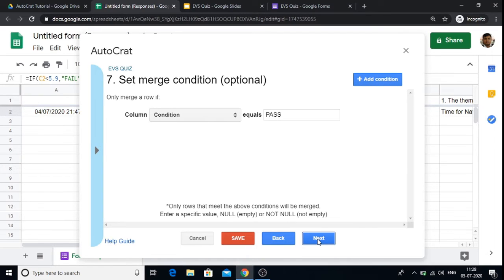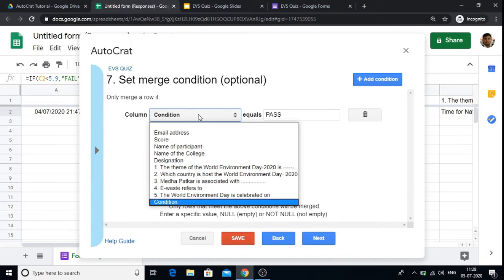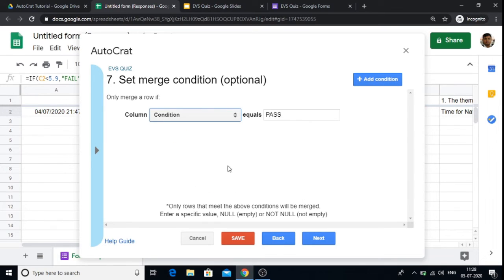Step number 7 is important. For getting the certificate, you have to set some conditions or a score limit. Then you have to add the condition in step number 7. For that purpose, click on the add button and select a particular column to which you want to add the condition.